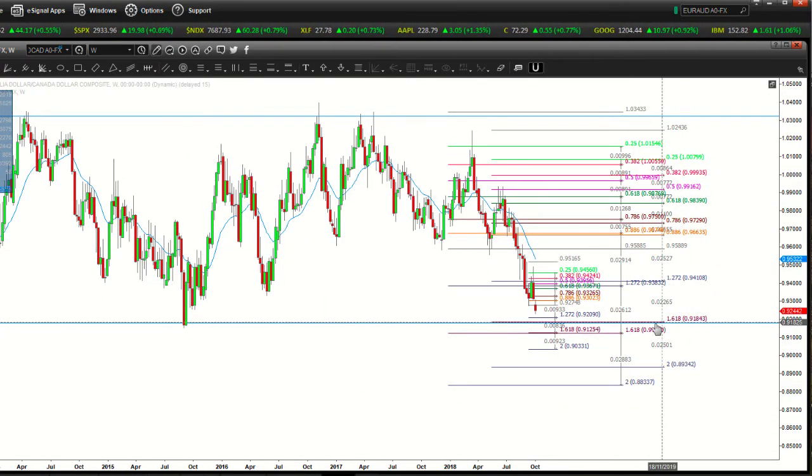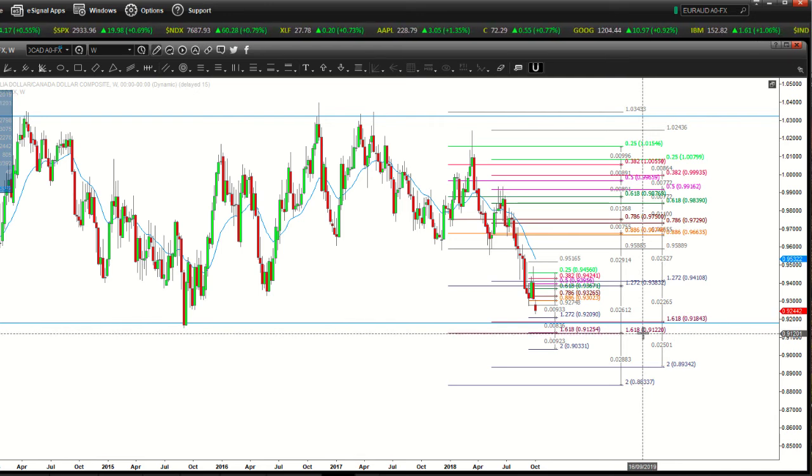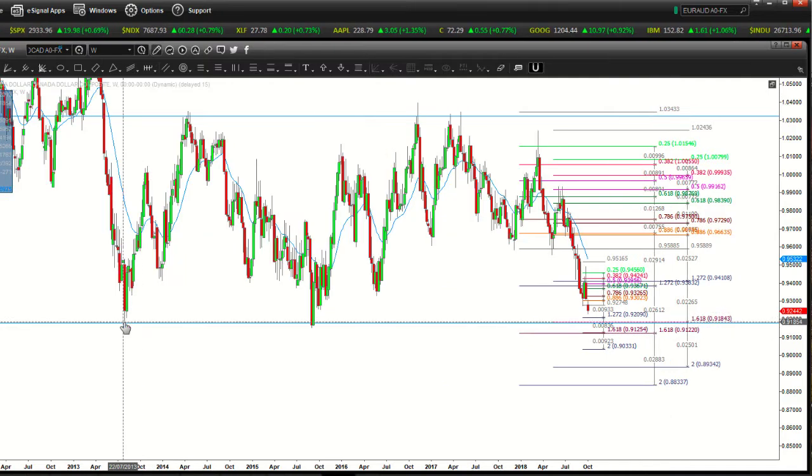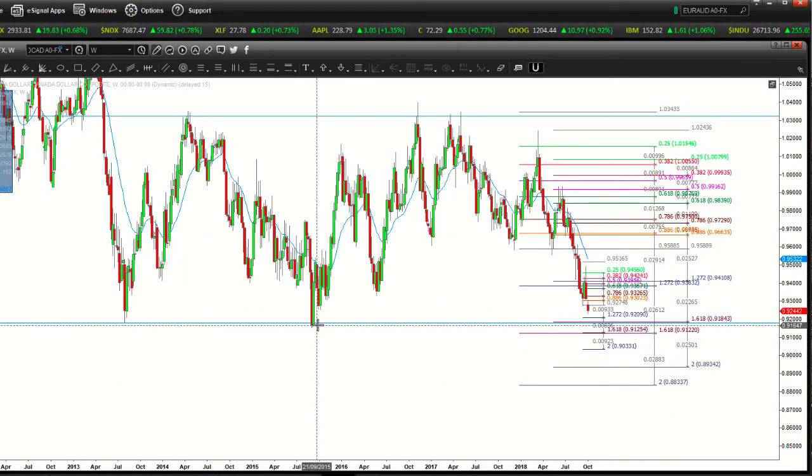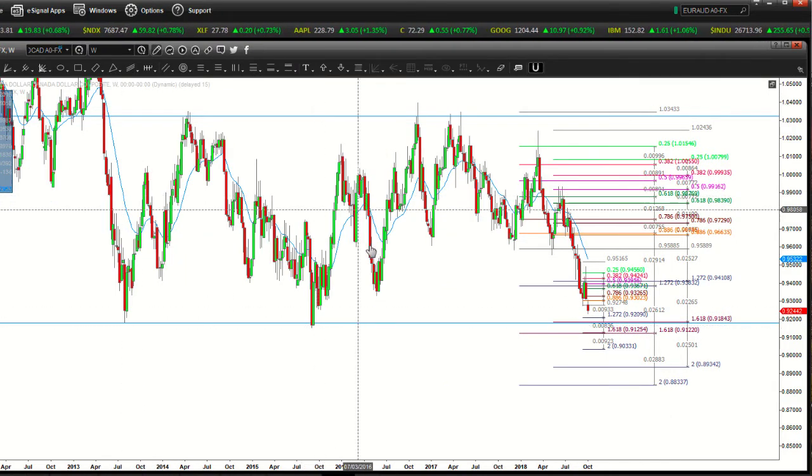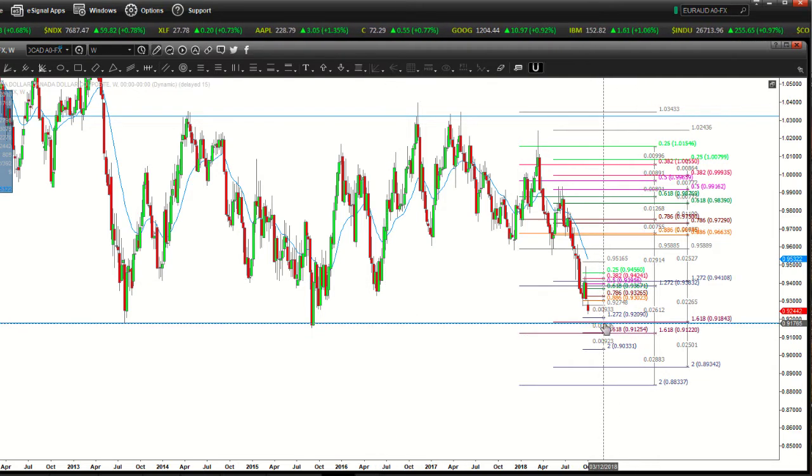There we go, 1 on the level and 2 just below it. So given that we've had 2 previous tests on this horizontal level that have caused the market to shoot up afterwards, and the fact that we've got price hurtling towards it right now, indicates that this could potentially be a very good buy opportunity,